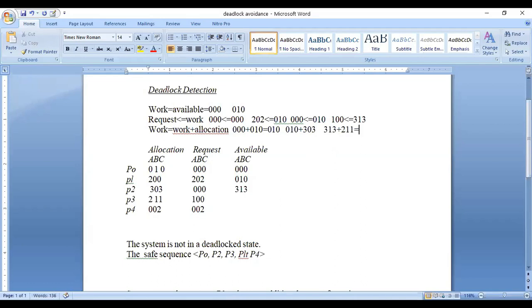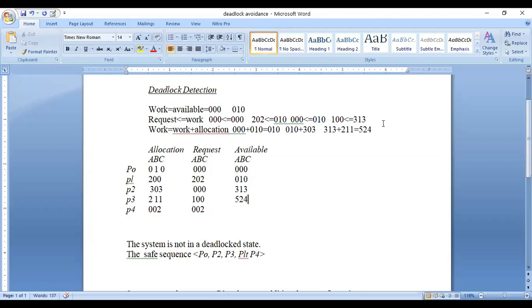So what is the value here? 524. So available is updated with 524. And next, P4.